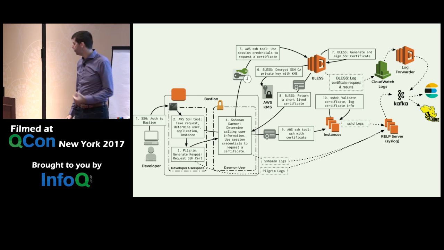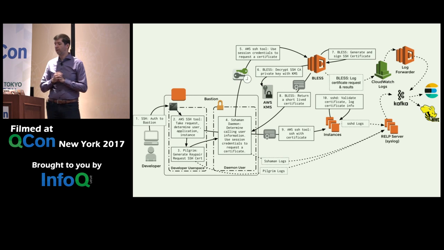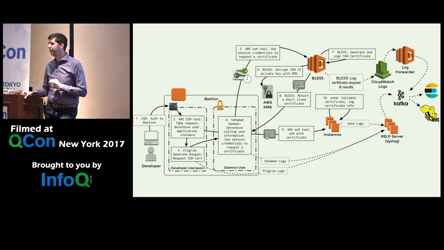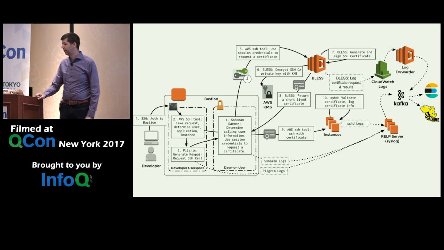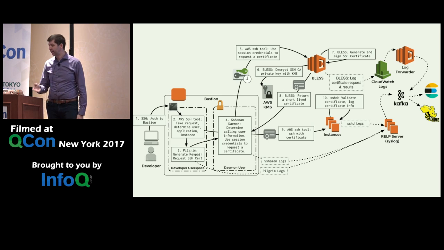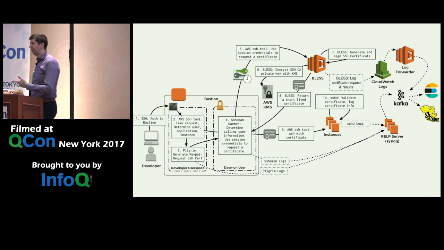and then the certificate comes back, and you can log into your instances. Now what's super cool about all this as well is you can see there's all these things on the right side that show logging happening. And so all of that information can come back in, and you can start to do interesting analytics on your logs. For example, one of the things that we like to do is make sure that no one's using DSA keys. DSA is considered sort of not a good practice in SSH anymore. Everyone should be on RSA. And so this allows us to take all the SSH logs back, analyze them and say, who's using DSA keys? We can say, who's actually logging into my service now?